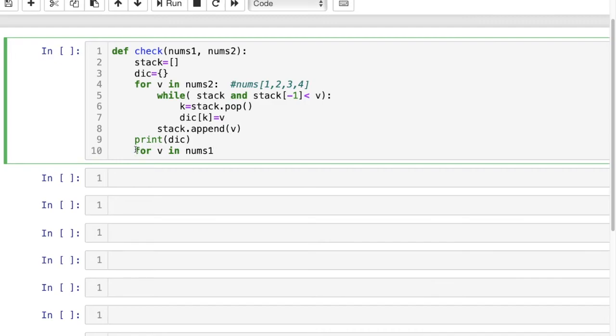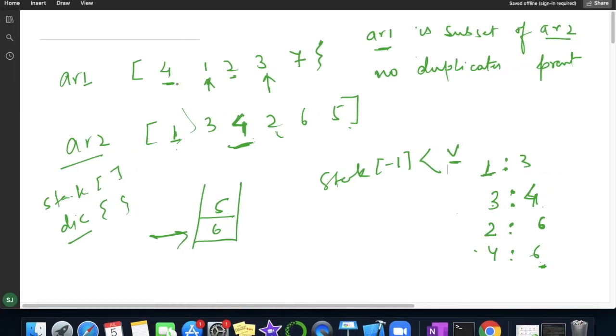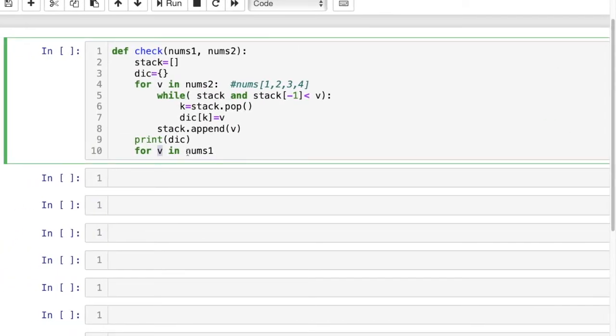Now for each v in my array1, we have to check in my array2. For array2, we have already saved this in our dictionary. So this v will be treated as a key for my dictionary. If it is present, then it will simply return the value. If it is not present, then it will simply return -1.